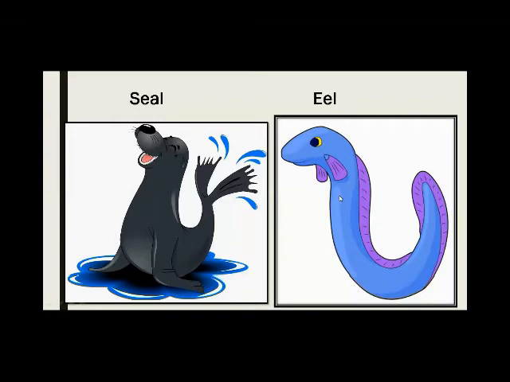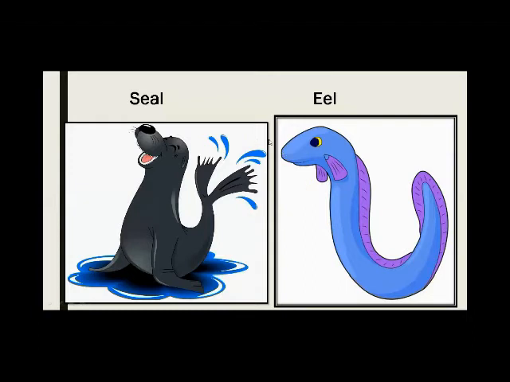What are carnivorous animals? Carnivorous animals are those animals that eat small fishes and other animals for the purpose of food. The eel has very sharp teeth. It has a very wide mouth and very sharp teeth. With the help of these teeth, they can eat small animals, small fishes. They can eat shrimps, snails, fishes and worms also.